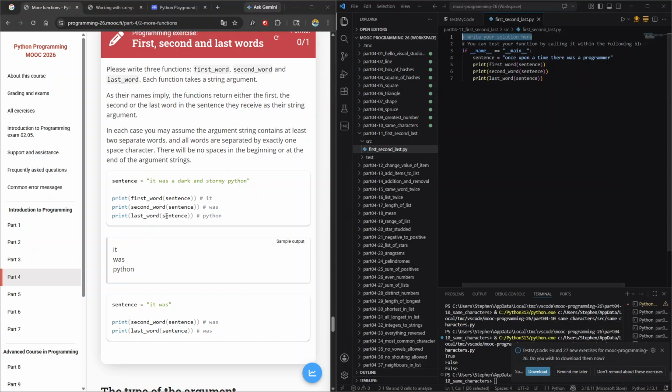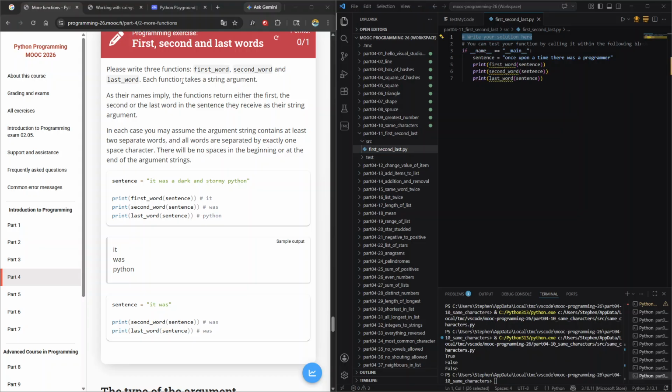So we need to define 3 functions: first word, second word, and last word. Each function takes a string argument. Again, as the names imply, the first function returns the first word. So we haven't learned this yet, which I'm surprised they didn't cover when we were diving a little bit more